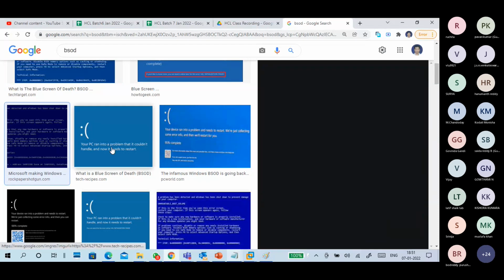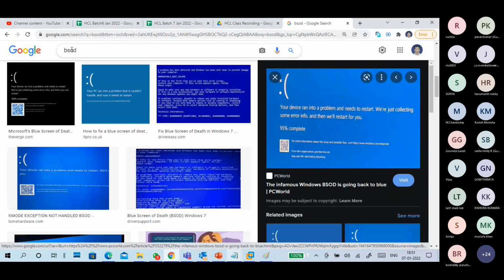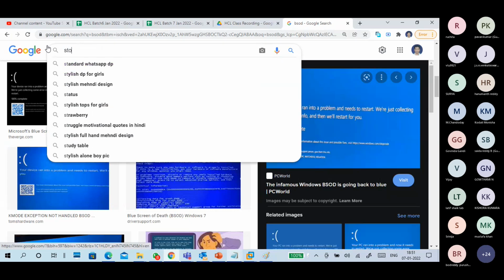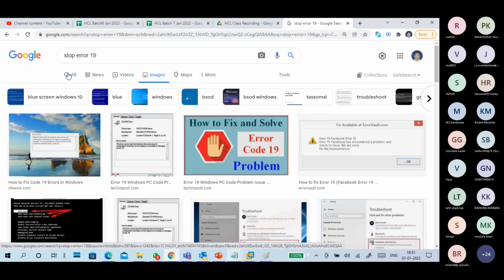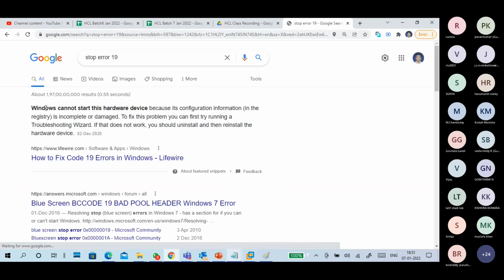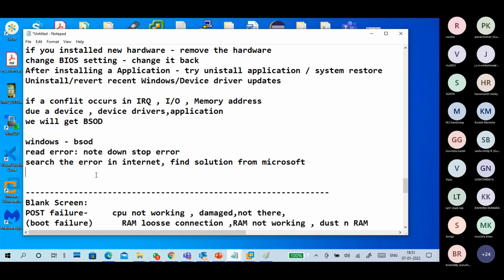In Google you can put stop error 19, so you'll get why you are getting that problem. You'll get "cannot start Windows hardware". It explains why you are getting the 19 BSOD error. So search and find a solution from Microsoft.